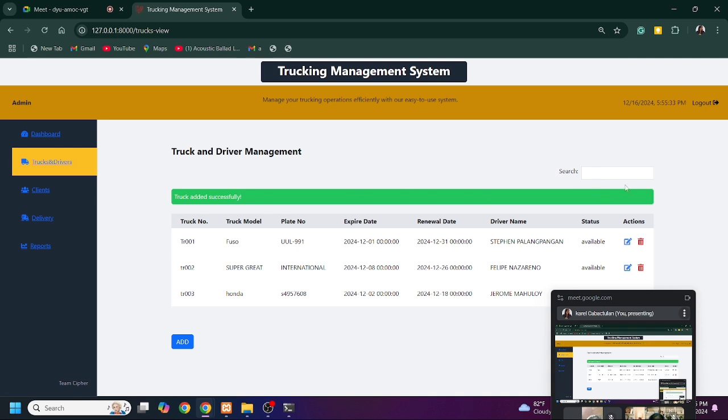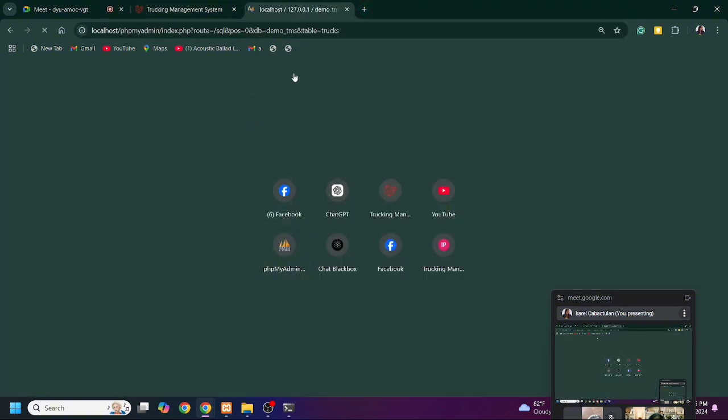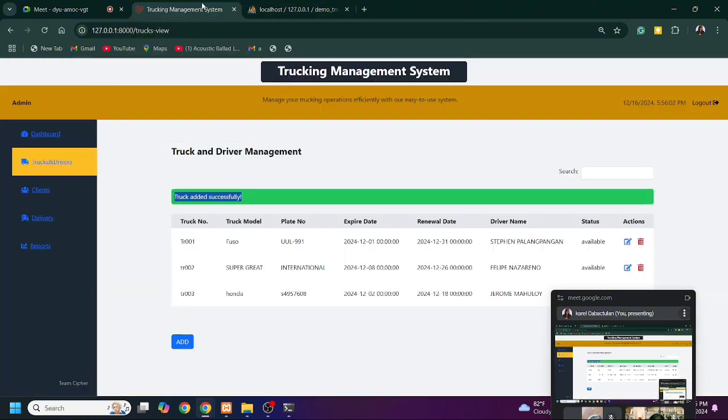If you look here, since we already added our data in truck and driver management, we will be able to see the added successfully message. And if you look at our database, the three data entries input in our truck interface were saved in our database.